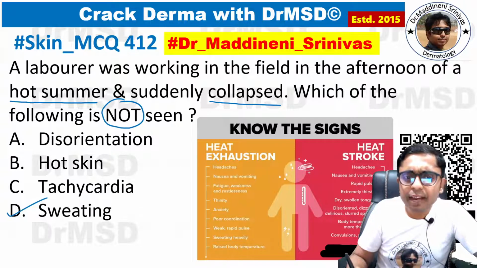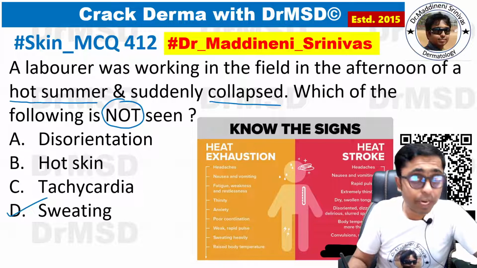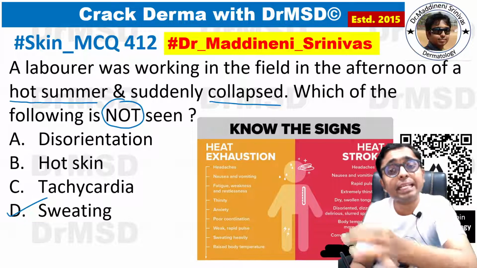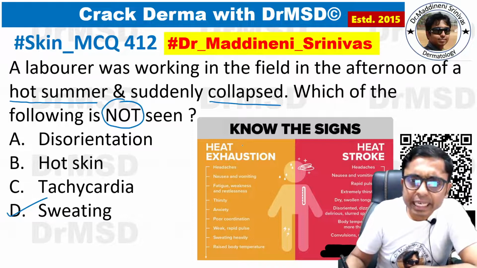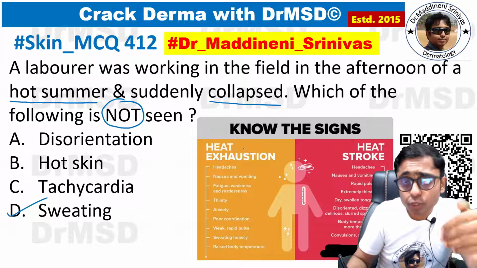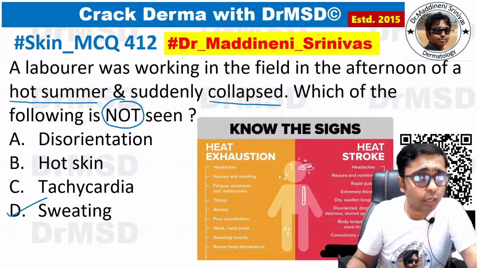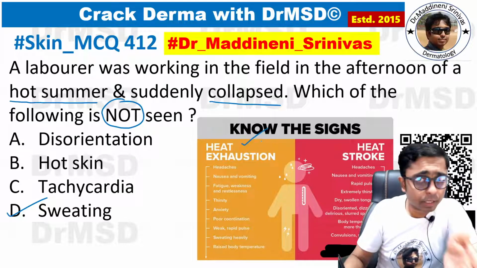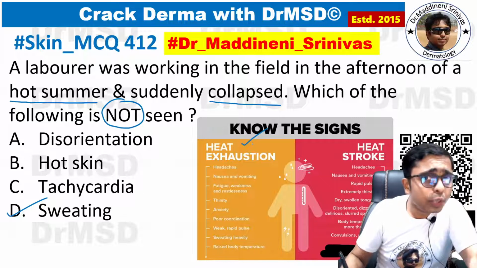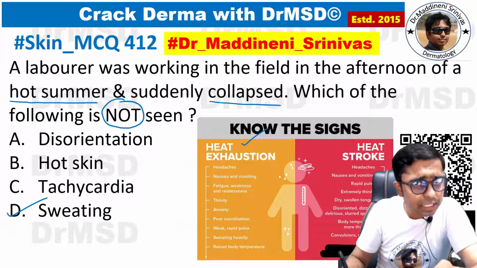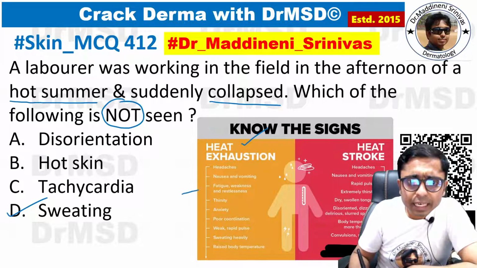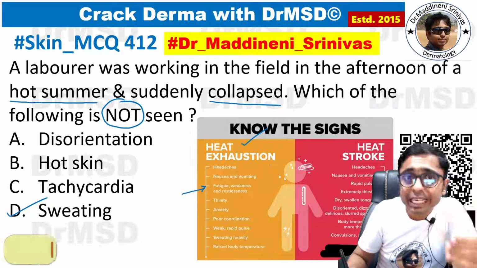So you need to identify the two conditions which can be associated in this question, that is whether it is heat exhaustion or it is heat stroke. Basically in both of them there is going to be exposure to the extremes of the hot sun, and in heat exhaustion the person is not going to have any loss of consciousness or any altered sensorium, but the patients are going to have a little bit of feeling of weakness or fatigue.